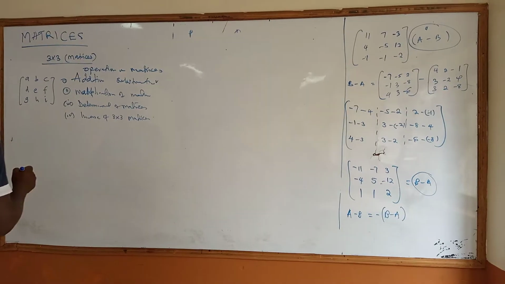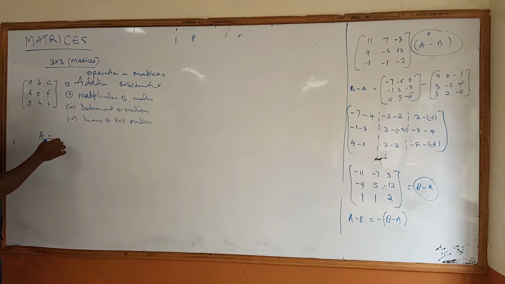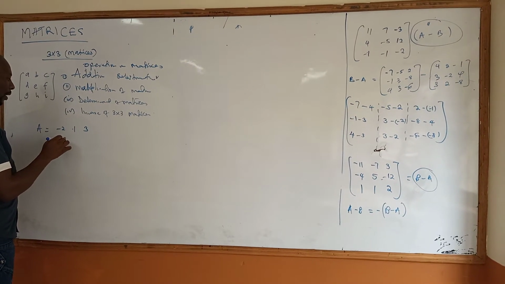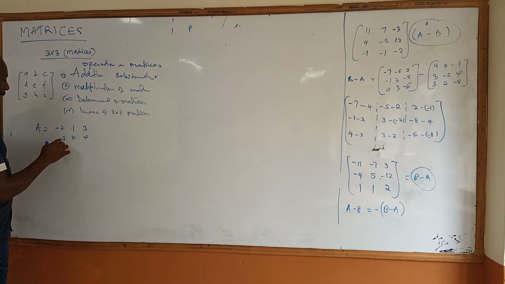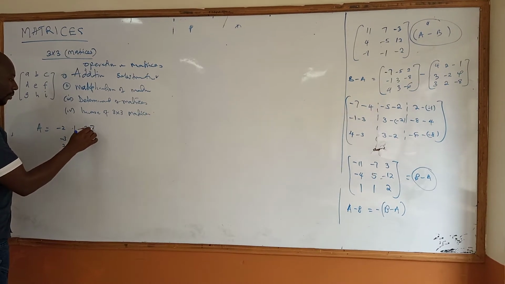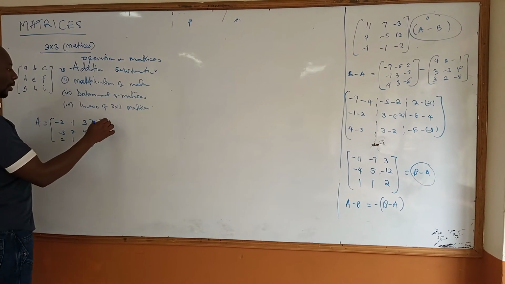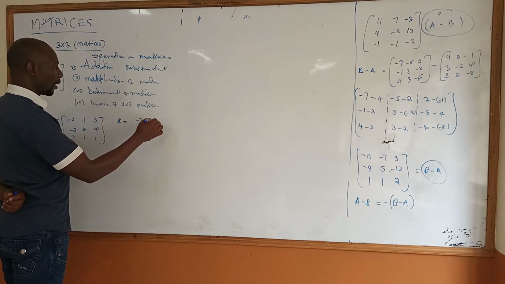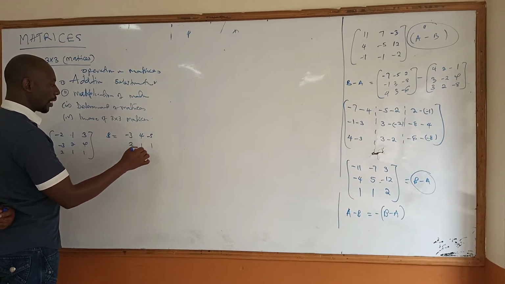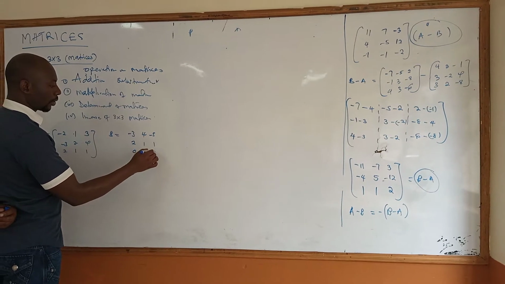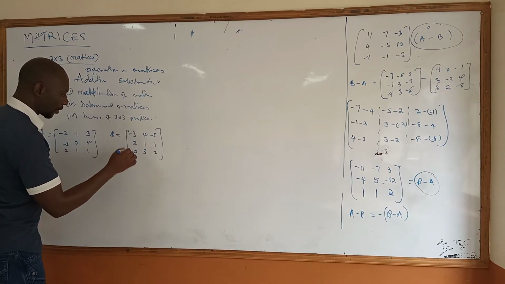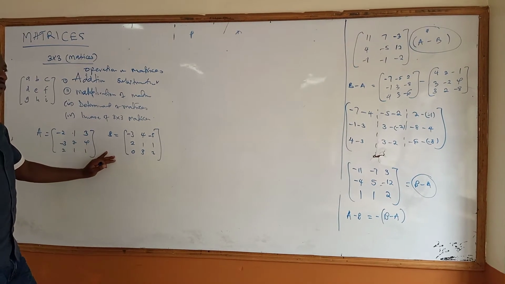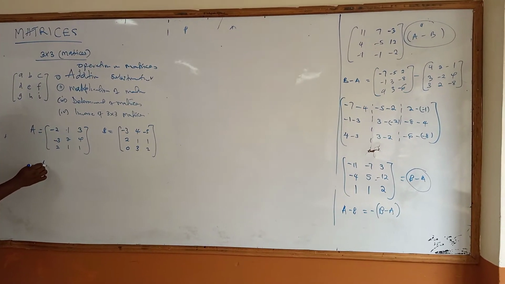For example, given that matrix A is given as -2, 1, 3, -3, 2, 4, and then 2, 1, 1, that is matrix A. And matrix B is given as -3, 4, -5, 2, 1, 1, 0, 3, 2 as a matrix. So given that matrix A is equal to this and matrix B is equal to this, then you are told to get A dot B